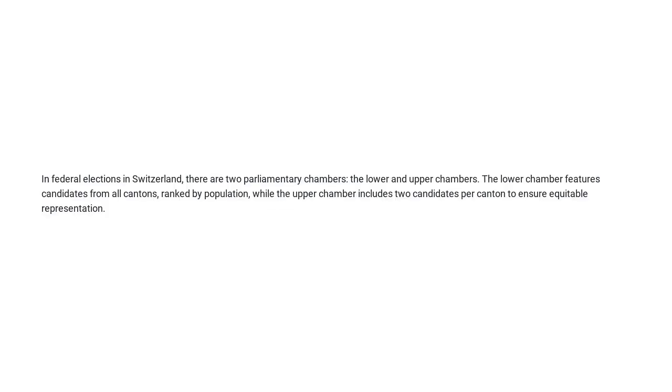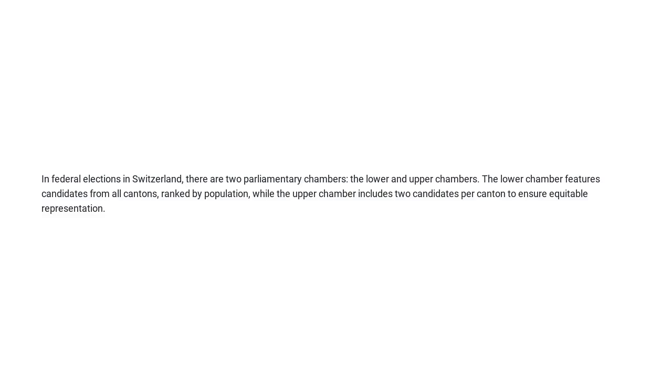Switzerland conducts elections for federal, cantonal, and municipal governments, often utilizing the open list Panachage variation. This approach enables voters to choose candidates from any party. In federal elections in Switzerland, there are two parliamentary chambers, the lower and upper chambers. The lower chamber features candidates from all cantons ranked by population, while the upper chamber includes 2 candidates per canton